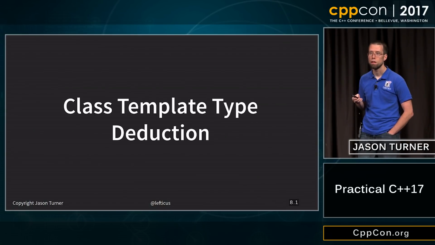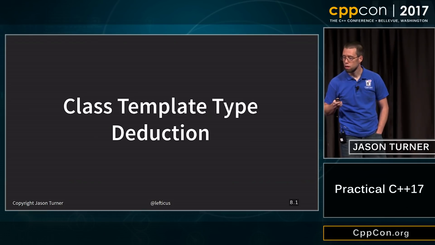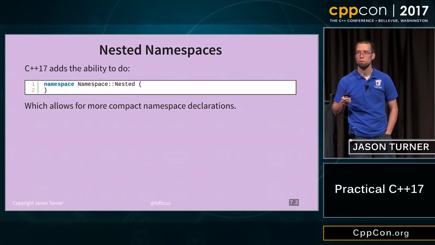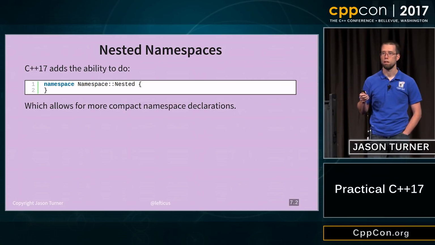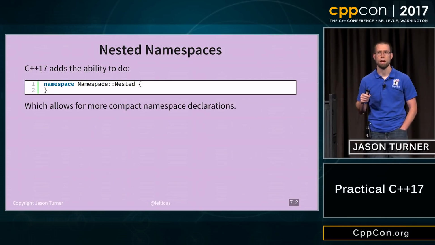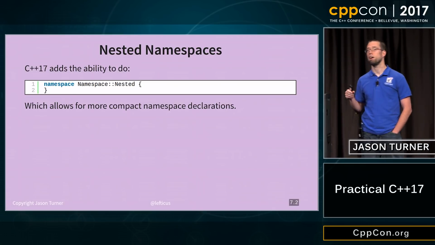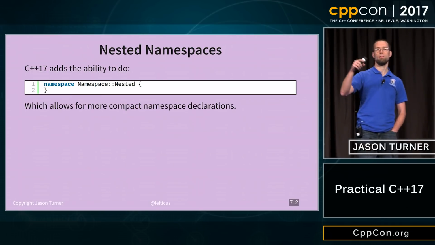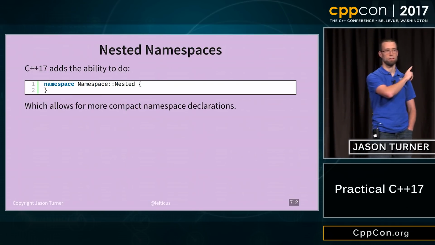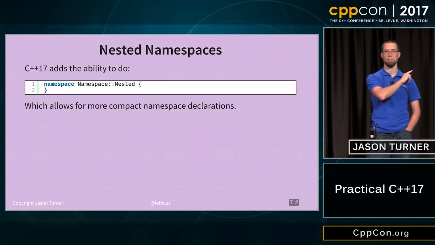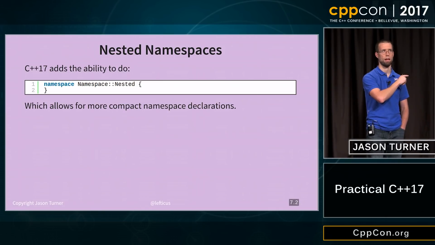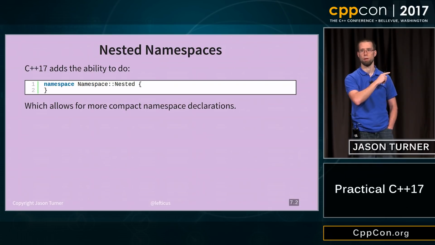Yes? You can have an anonymous namespace that's nested. How would you do an unnamed nested? Oh, can you? Oh yeah, no, I don't think you can. I can't think of any way that syntax could work. I'm sorry, the question was if it's possible to do an anonymous nested namespace like this. I don't believe so, because I don't think there's any way to give a name to a thing that you can't name, or not name a thing that you wanted to name, or however that would have to work out.